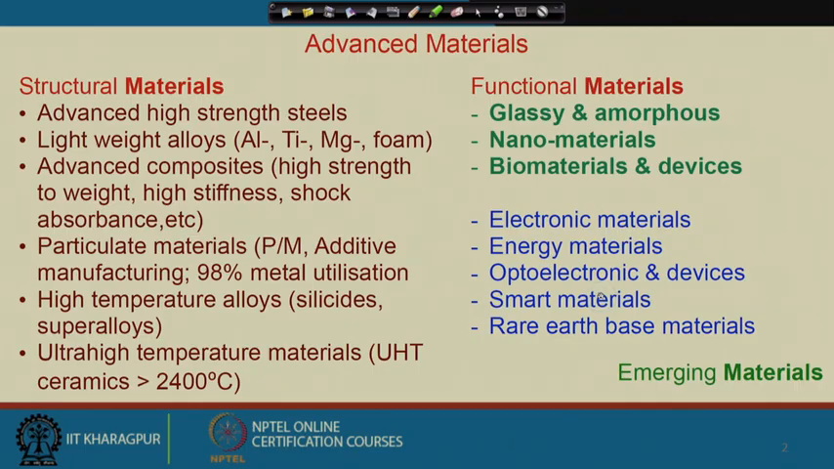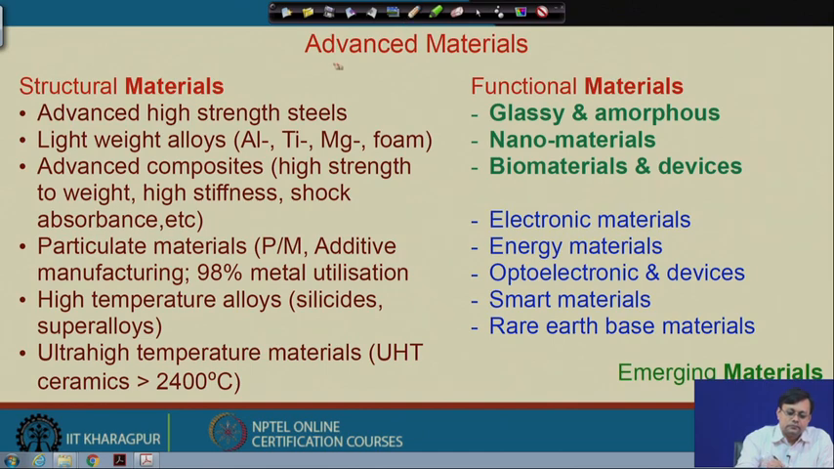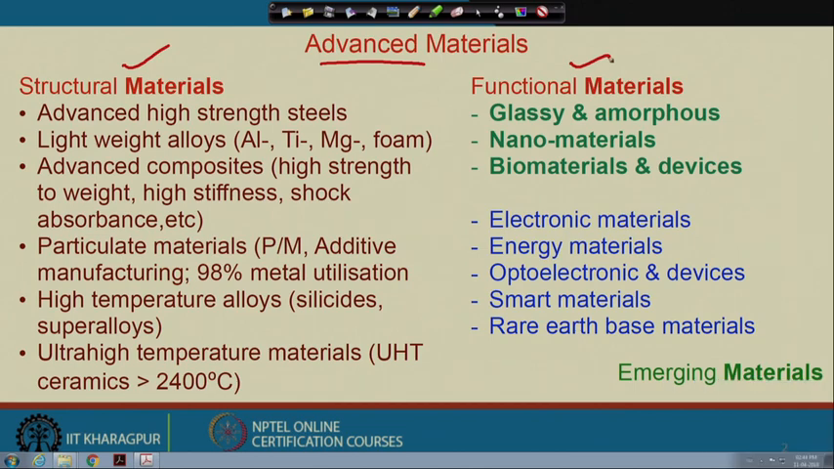You can remember in the last class we had classified advanced materials based on their engineering application, and today we are going to elaborately discuss and continue our earlier classes. Here you can see that we have classified the advanced material as structural materials or functional materials, where structural materials are classified into different alloying element and their microstructure, like advanced